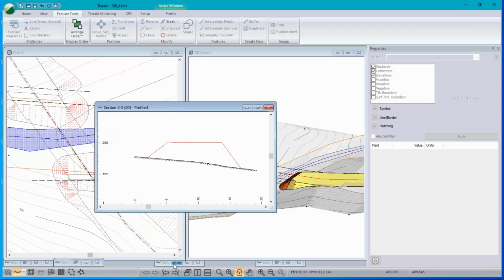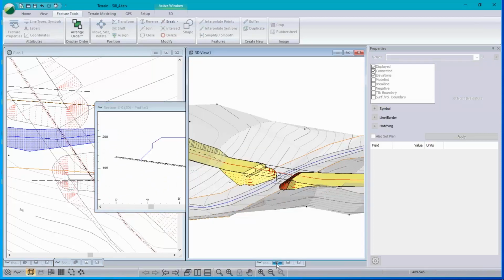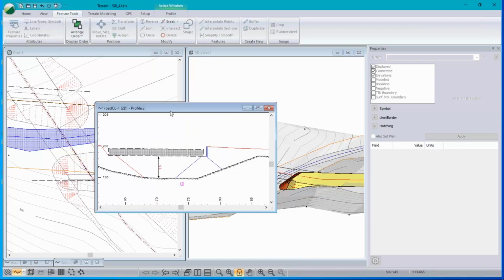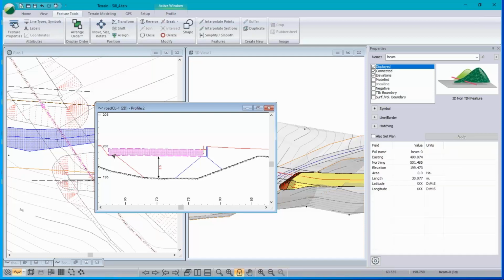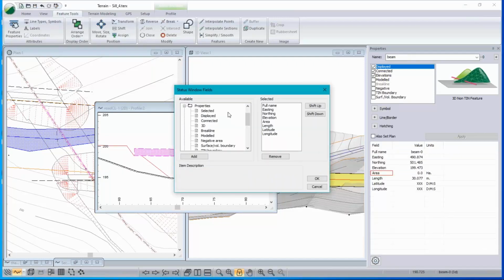Where is the cross section with the beam in it? There it is. Okay, so this thing here has a cross-sectional area as we're looking at it in the profile view, and that area shows up as 0 in the plan, but there's more here. So in the options for this area, you can add and remove various things, and one of the properties you can add is